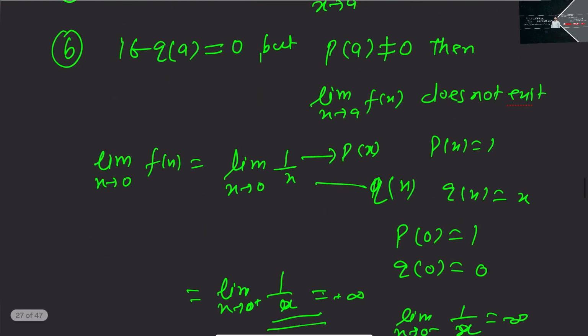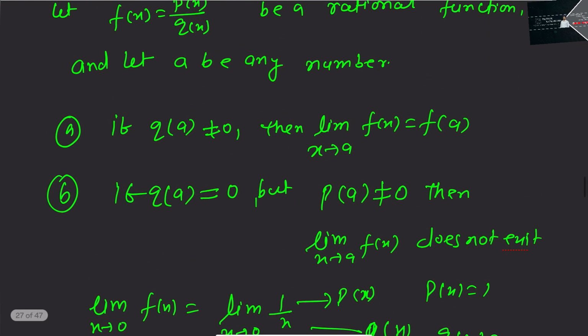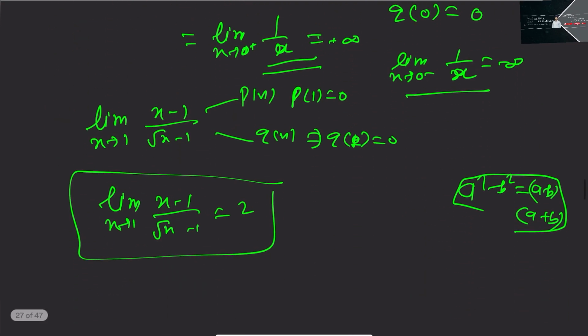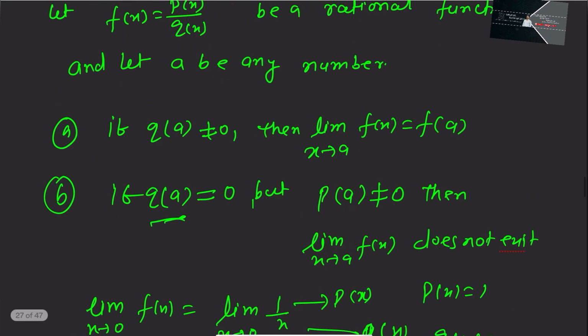So whenever we have two functions, p of x and q of x, then the limit f of x as x goes to a is going to exist if q of a equal to 0 and p of a also equal to 0. We have seen this example, right? Now